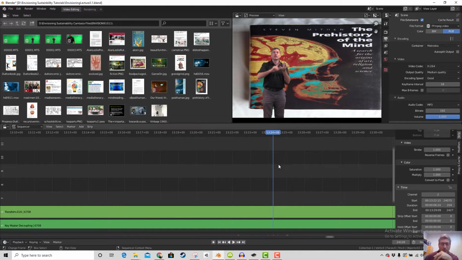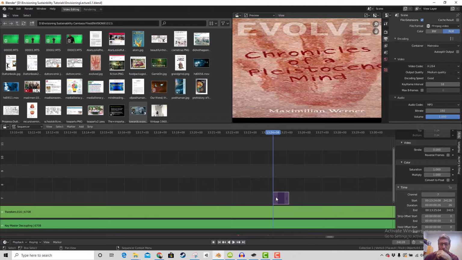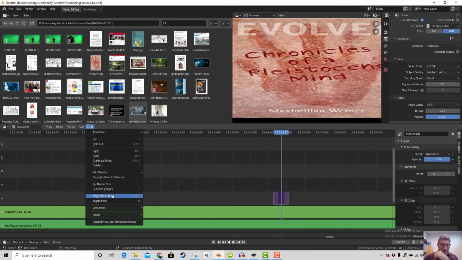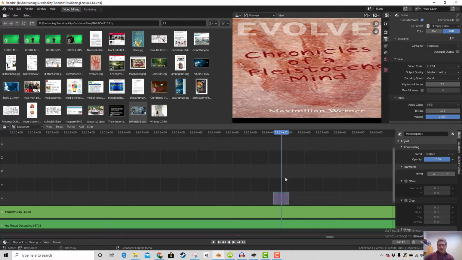So the way that I'm going to overlay the background here, I want to put this image of this book called Evolved, and I want it to be small enough that I can work with it and move it around. And so I'm going to try to make this a meta strip. So go to strip and then go to make meta strip. And then having it as a meta strip, I can then add my transform,